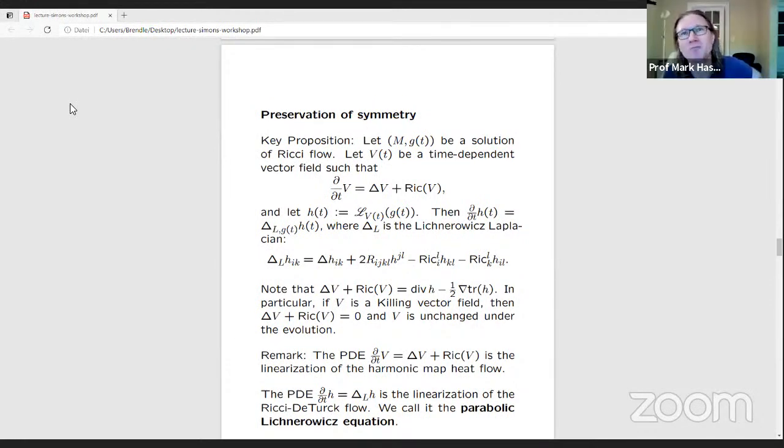So once you pass above dimension 3, are there new sorts of ancient solutions that one should really start worrying about? Oh, that's a very interesting question. There should be a lot more ancient solutions. Various ancient solutions have been constructed. For example, there's one that I constructed with Nikos Kapouleas a while back, which degenerates to Eguchi-Hanson metrics. And there are probably many, many examples, unless you impose some